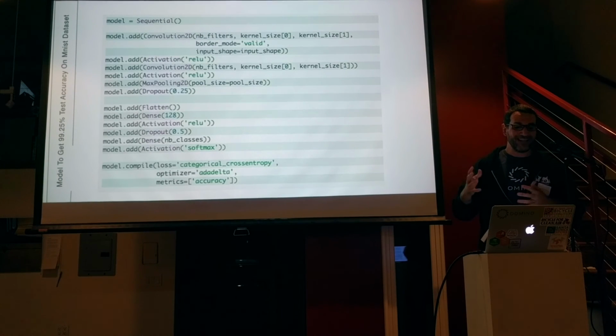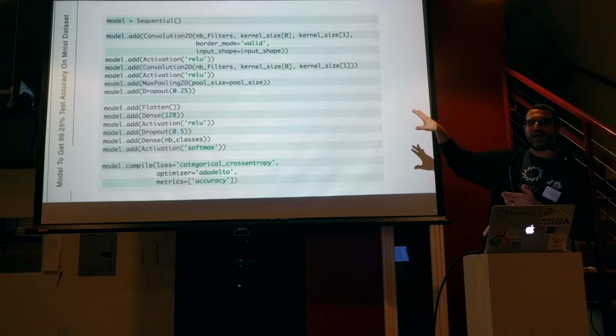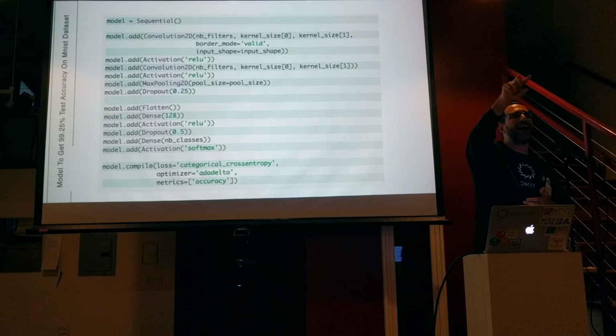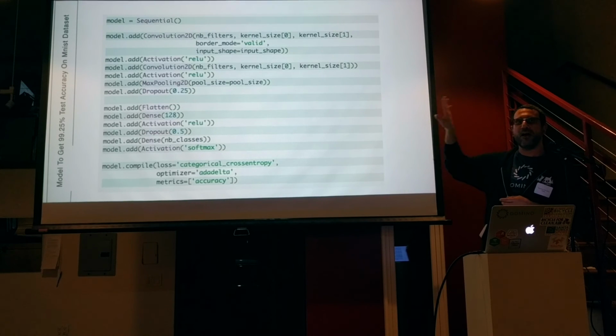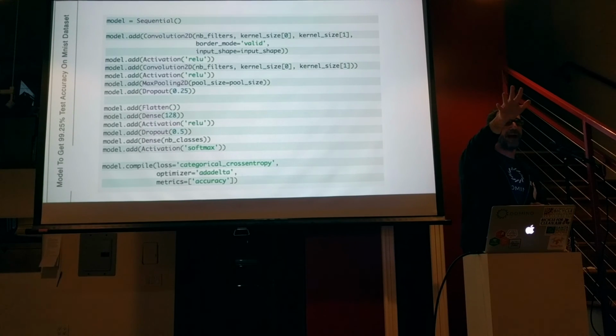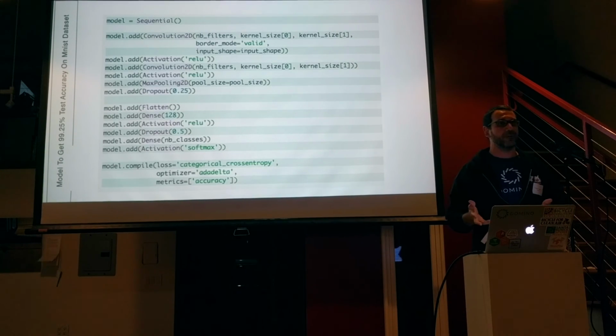This one gets you 99.25% test accuracy on MNIST, which is near state of the art, and it fits on this slide in a font. And I actually have a question. Can y'all in the back actually read that? Yeah, so think about that: near state-of-the-art performance on the MNIST data set in a font that you can read all the way in the back of the room. That's pretty remarkable to me.